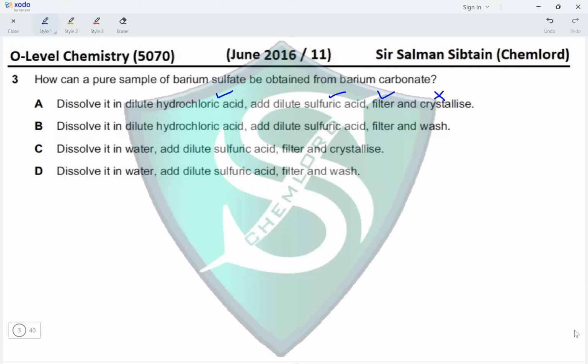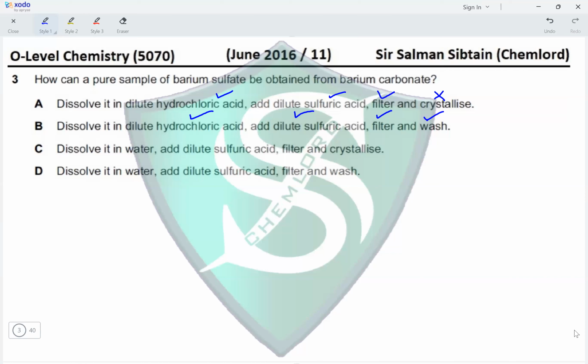Okay, next, dissolve it in dilute hydrochloric acid. Yes, barium chloride is formed. Add dilute sulfuric acid. Yes, barium sulfate is formed. Filter, yes, and then wash the residue because barium sulfate is the residue. So all the